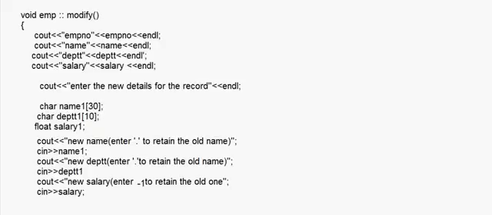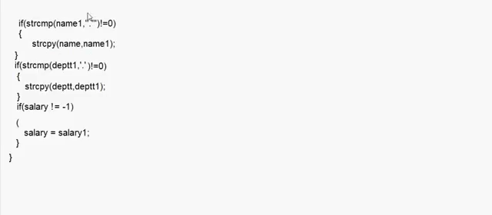If the user enters the details, I first check whether the user has entered a new detail or not, and if he has entered a new detail, that is written to the private data member of the class, right? So this is basically the modify function.